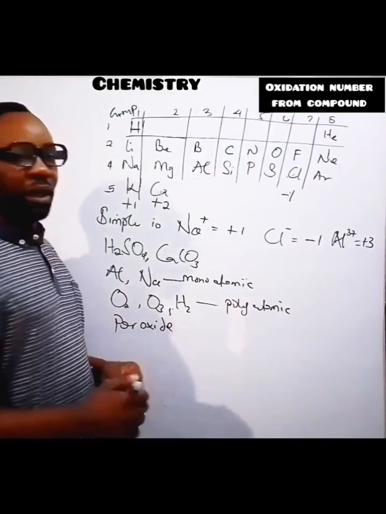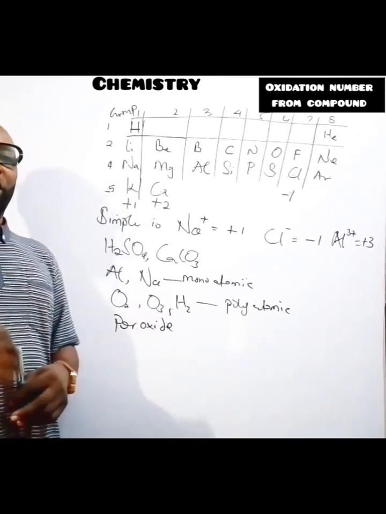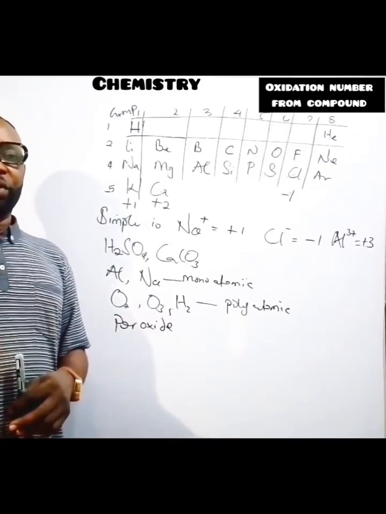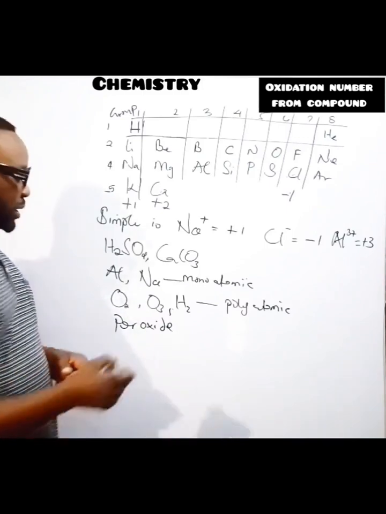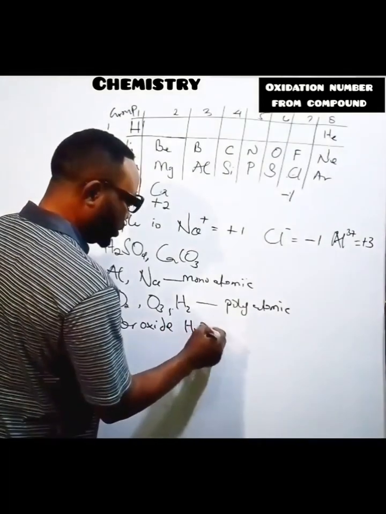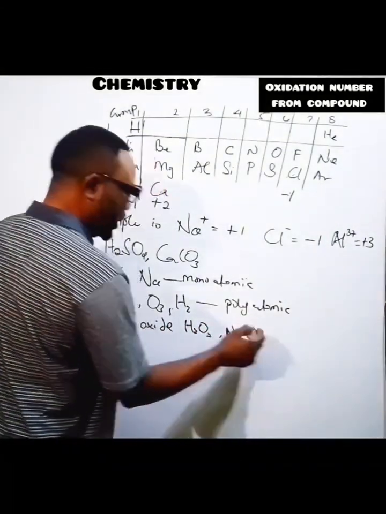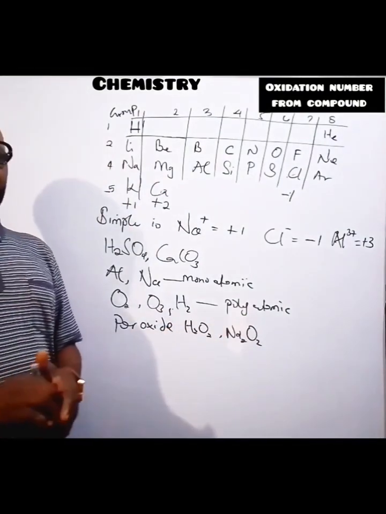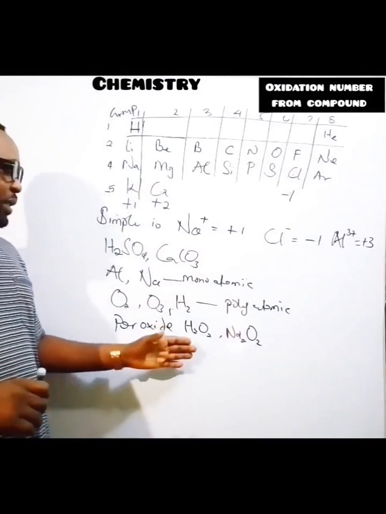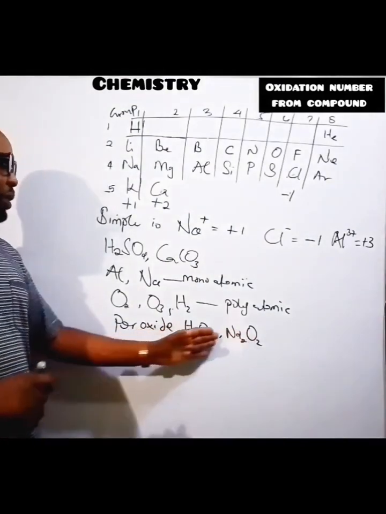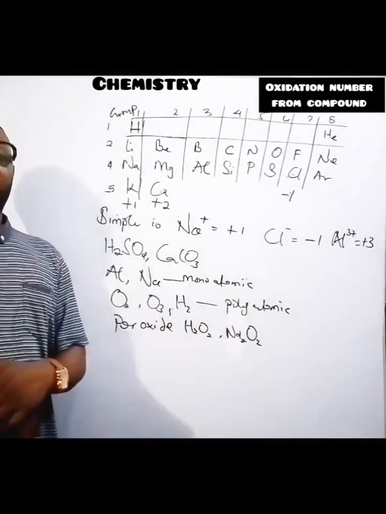When I say peroxide, I mean the same number of atoms of oxygen combined with atoms of another element. For instance, H2O2 and Na2O2 are good examples of peroxides. In a peroxide of this nature, the oxidation number of oxygen will be equal to